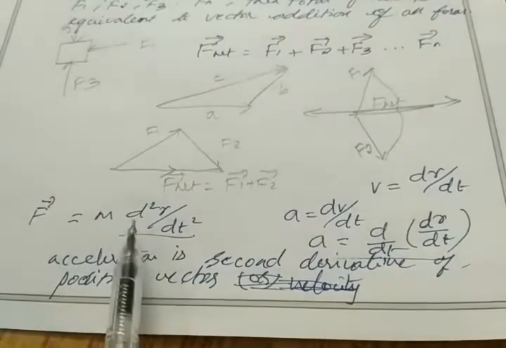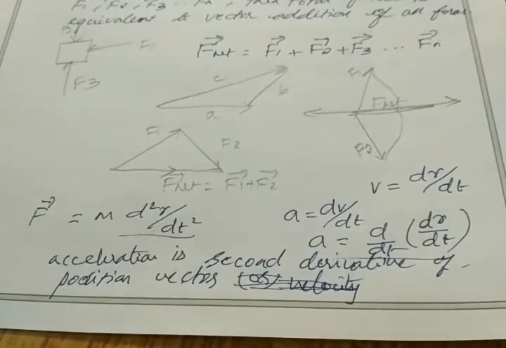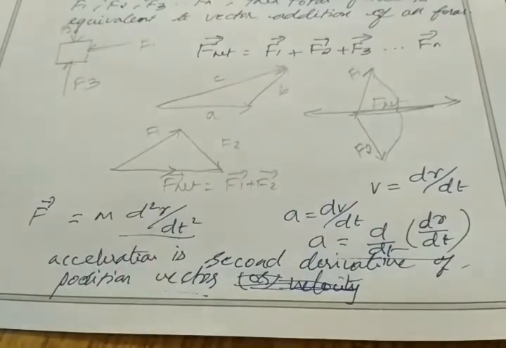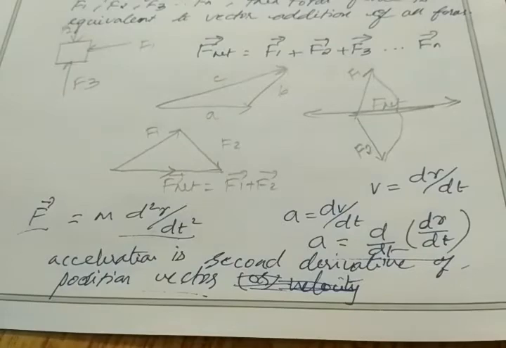If the second derivative of displacement is not zero, it means a force is acting on that object. If the velocity is changing, what is the change in velocity? Nothing but acceleration. So if there is acceleration, then there must be force, as we already studied in Newton's second law. So if the second derivative of the position vector is not zero, it means acceleration is happening. If an object gains acceleration, it means a force is acting on that object.